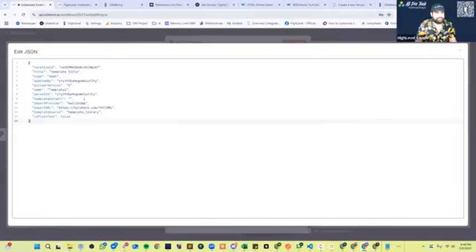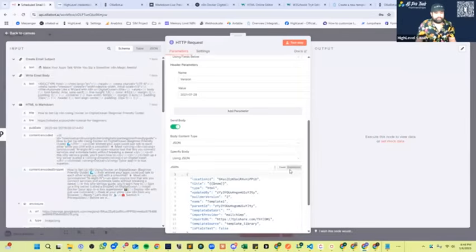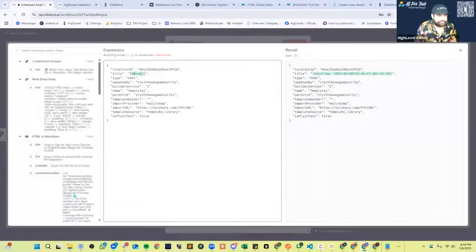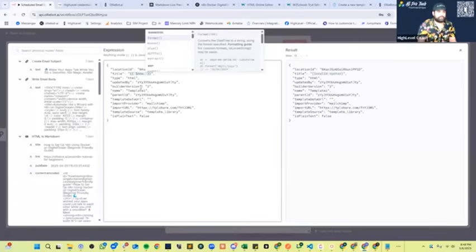That's valid JSON. The next thing we need to do is copy our location ID. But that is not going to work because we need to switch it to expression. In n8n, when you're in expression mode for the text box, this is how you can use variables. What we're going to do is go format. Actually, we want